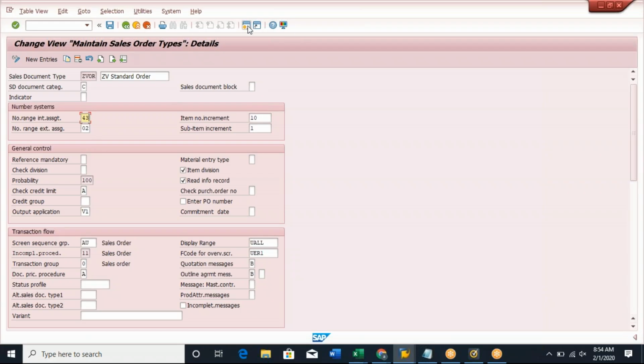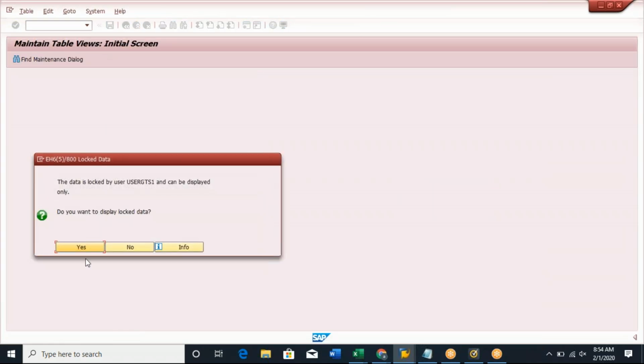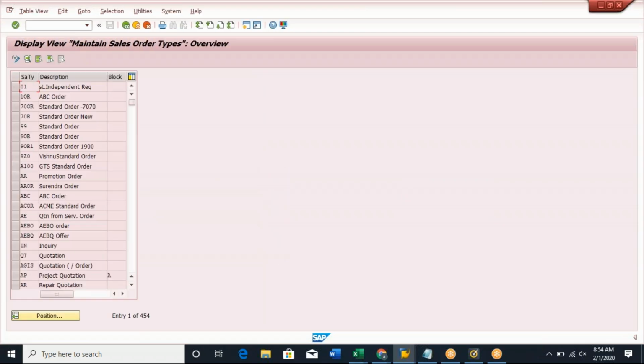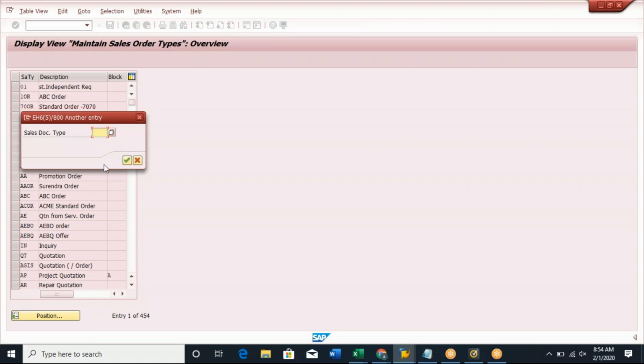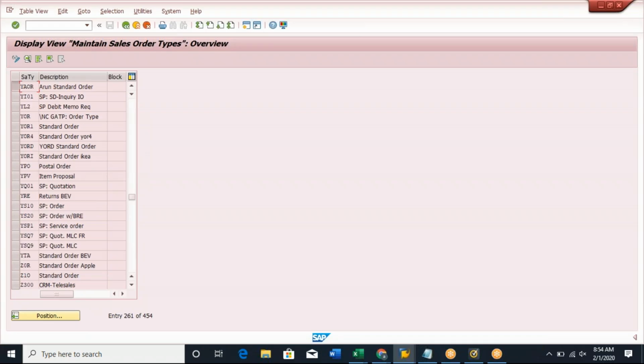Okay. So I will go to the other screen. VOV8 is the direct transaction code. VOV8 is the direct transaction code to configure the sales document types. YAOR, right? YAOR. Okay. So if I go here,